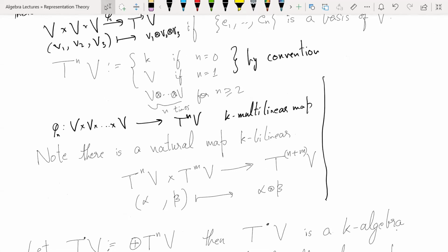So to give a K-bilinear map from T^n V cross T^m V to T^(n+m) V,